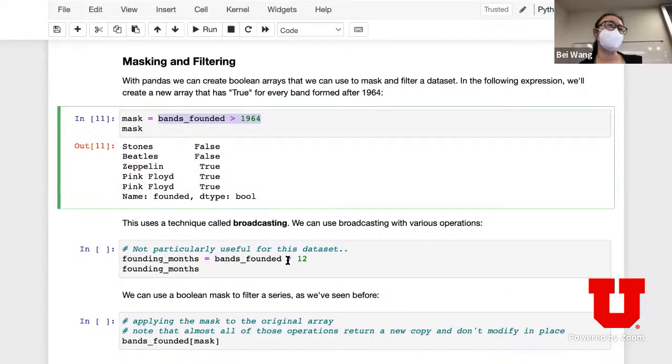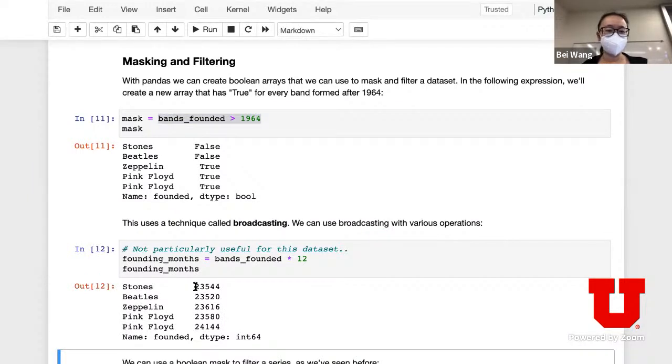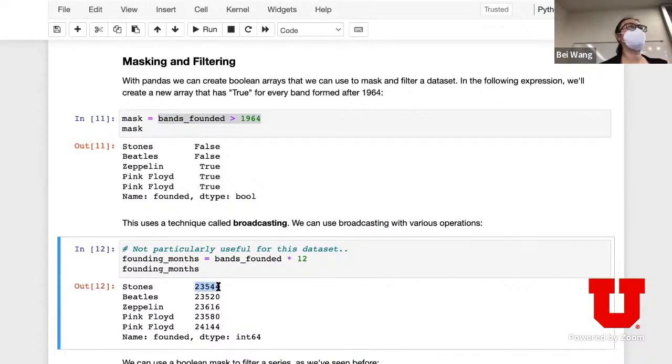I mean, of course, this is not logically making sense, but what I'm trying to do here is say I'm going to take all the years and multiply them by 12, right? This is the year it's founded and I just multiply it by 12. So this is an operation you can impose on your series. For every single record, you can perform this operation. This can be a Boolean operation that returns true or false, or it can be, for example, string manipulation or numerical manipulation. In this case, I'm just multiplying it by 12.